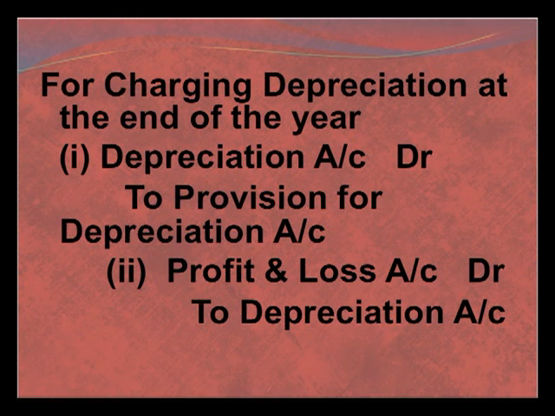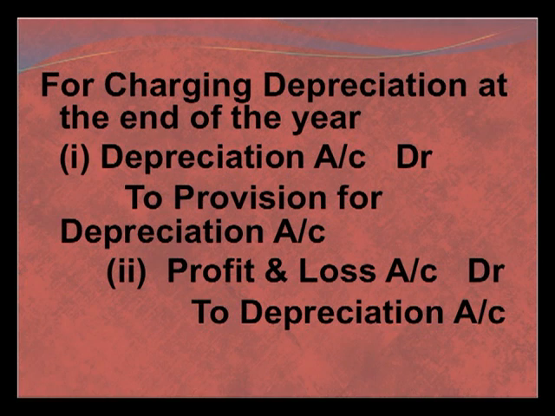We do not transfer the depreciation to asset account. The asset is maintained at the cost price, but the depreciation is transferred instead to another separate account, the provision for depreciation account. And then this depreciation is transferred to profit and loss account by passing the entry profit and loss account debit